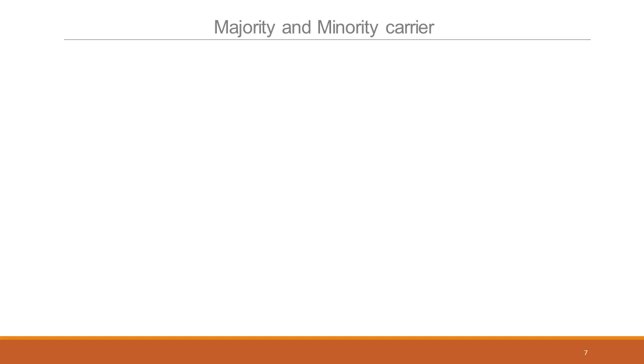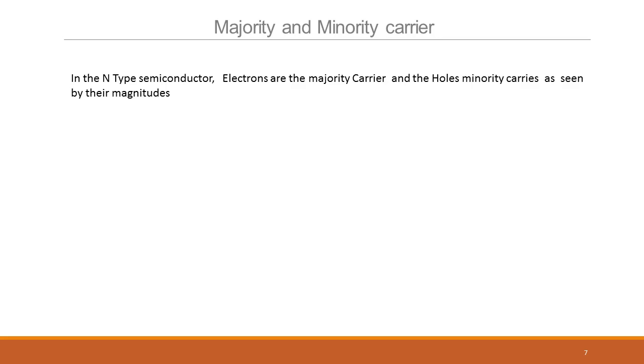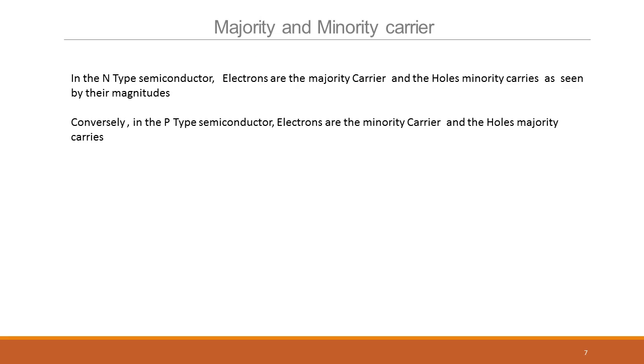So having seen the doping and the carrier concentration increase, we'll define what are majority and minority carriers. In an N-type semiconductor, we just saw the number of free electrons is much larger than the number of free holes. Those electrons are called majority carriers. And since holes have reduced a lot, they are called minority carriers. Conversely, in a P-type semiconductor, electrons are the minority carriers and holes are the majority carriers. Both these carriers are responsible for current conduction. Remember this. Both are responsible for conduction because they are available to conduct. It's just that the majority will carry a whole lot more current than the minority.